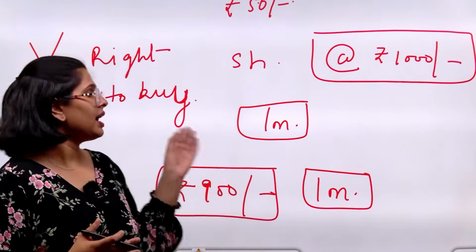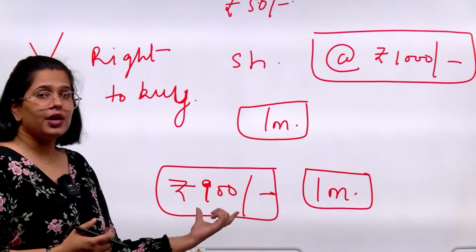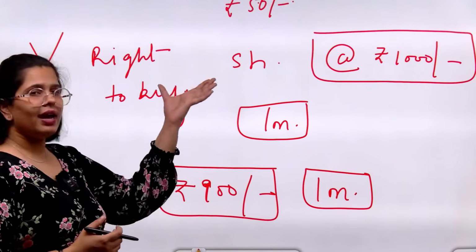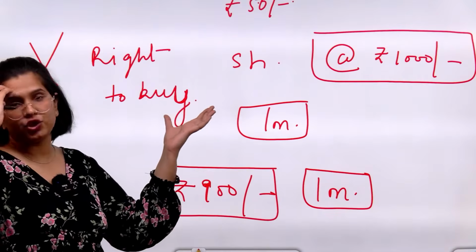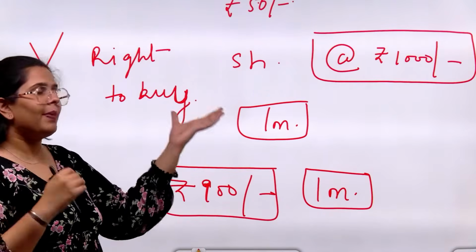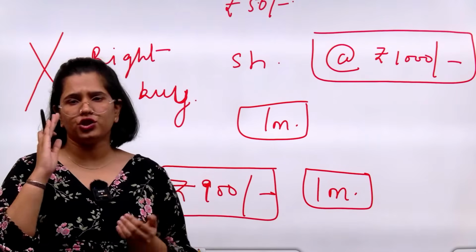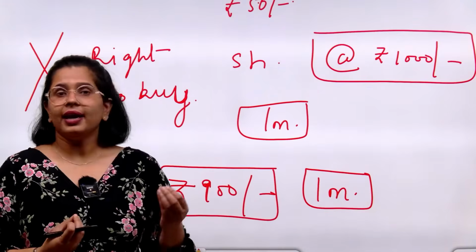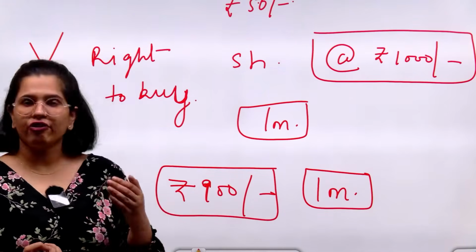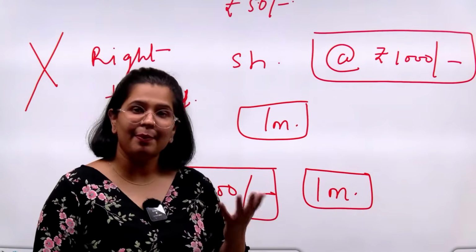If suppose after 1 month I saw the situation in the market, Reliance share is at 900, why will I exercise this contract? ठीक है, but in futures I have obligation, I have to exercise, but in options I do not have such kind of obligations. There is no obligation on me, this just gives me a right. तो इनको कहा गया derivative contract. We know futures and options, they are two derivative contracts which are traded in the market.